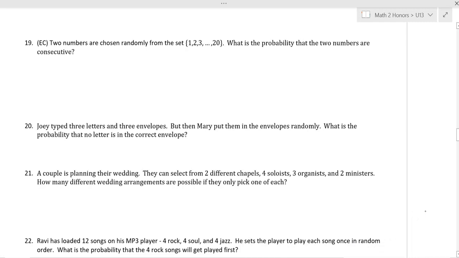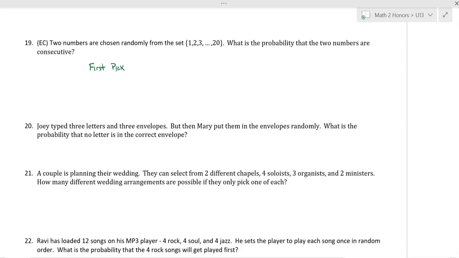Well, we need to think of this in 2 ways. Let's think about our first pick. So our first pick can be one of the ends, like a 1 or a 20, or it can be something in the middle,